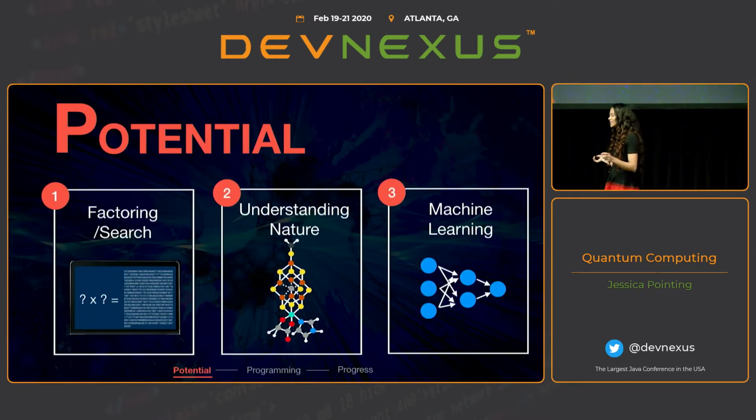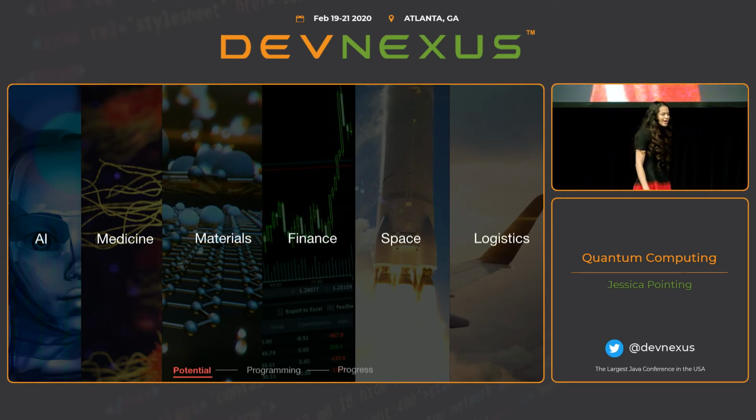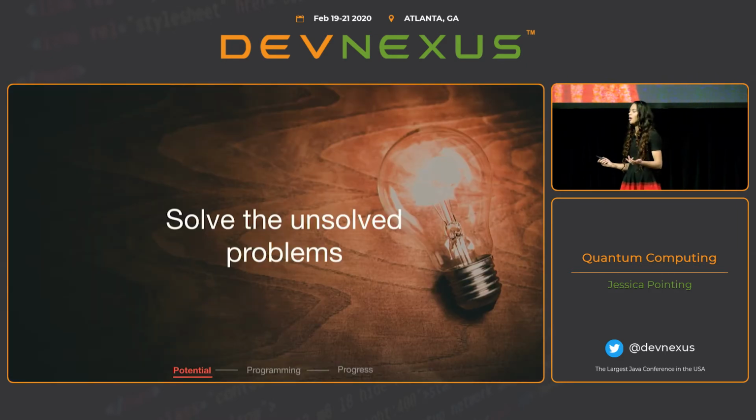So here are three potential applications of quantum computers. And as you can see, they're so broad that they could impact a whole variety of industries, from AI to medicine to space, logistics. And no wonder people are excited about it, and I think they should be, because with quantum computers, we could solve the unsolved problems. Things that are practically impossible to solve on our classical computers could be solved in just seconds on a quantum